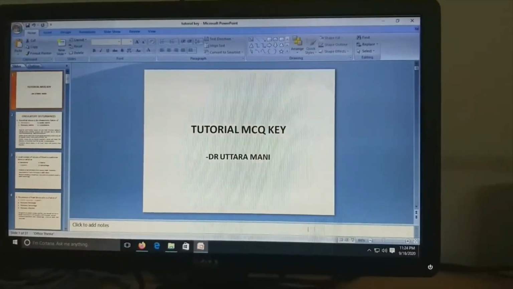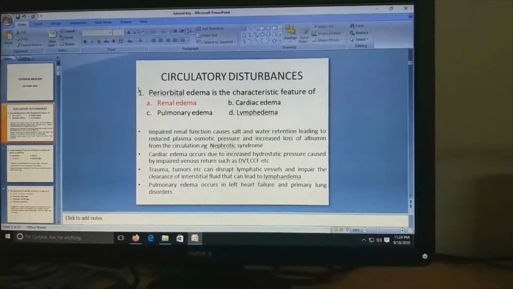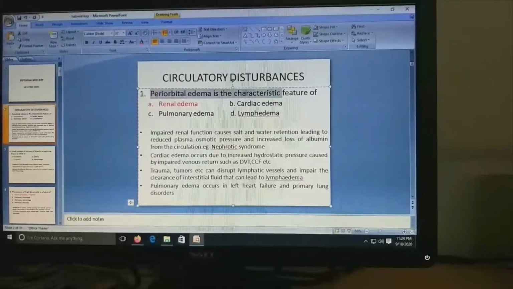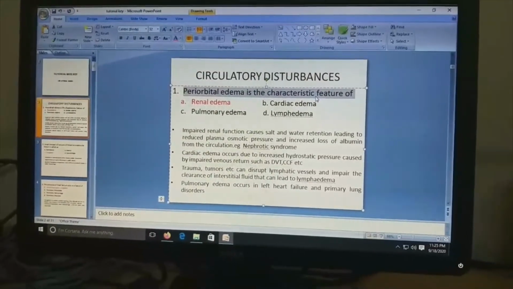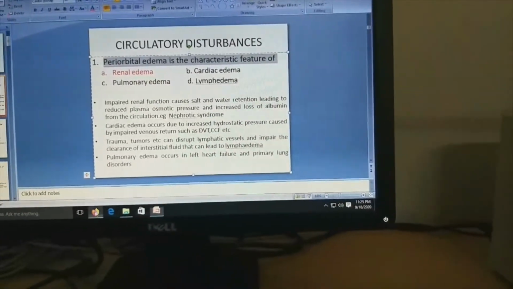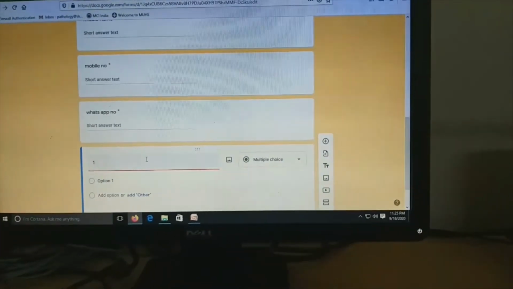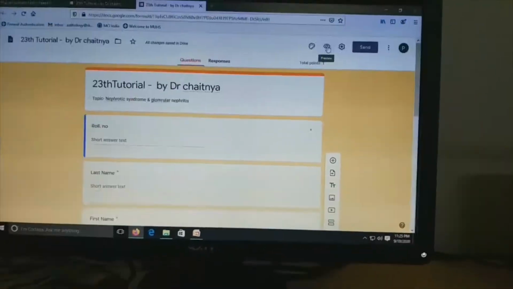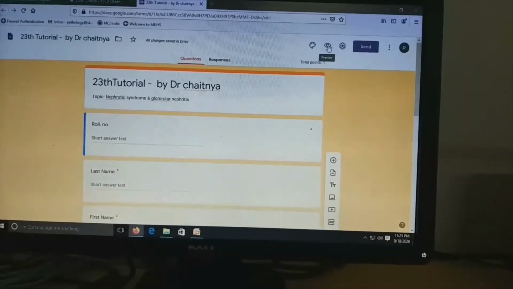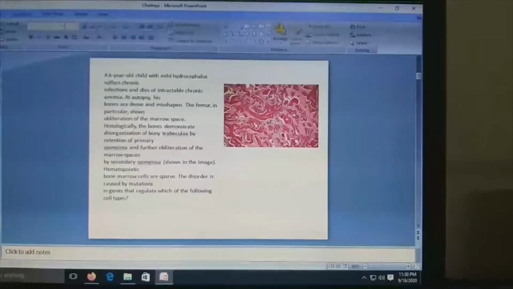Now open your PPT again, and this PPT we have already done. So now copy your question number 1 from the PPT and paste it on the question number 1 on our tutorial page or the Google form page. So it's very simple. Now after coming over here again on this page, you can see that you just click the plus button. Now your question is ready. Start with the one question, then copy paste it, okay. Now same you can do for your options also. Like you have to copy your options from your PPT and paste them here.